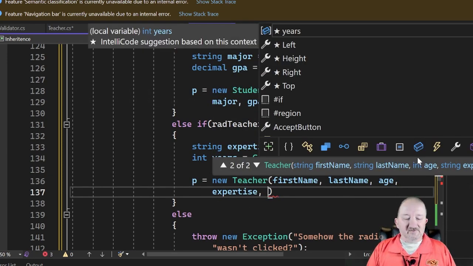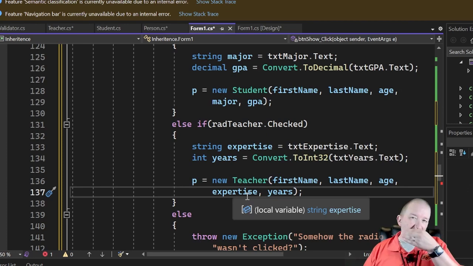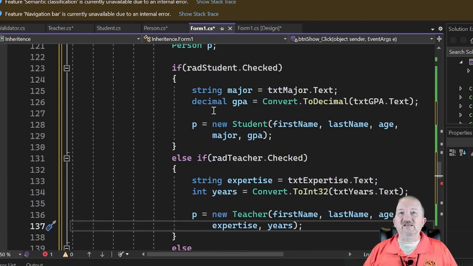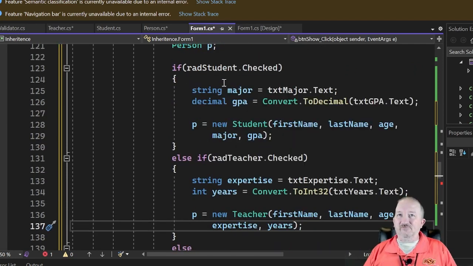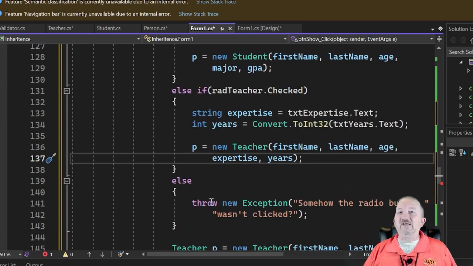Using the expertise and the years, I create my new teacher, and it's still going to fill this same person object. Now that's only set if the student is checked, then it's a student. If the teacher is checked, it's a teacher. As long as you have one of those things checked, which you should, because there's at least one set by default, and you can never have two checked, you're going to create a person that's going to be referred